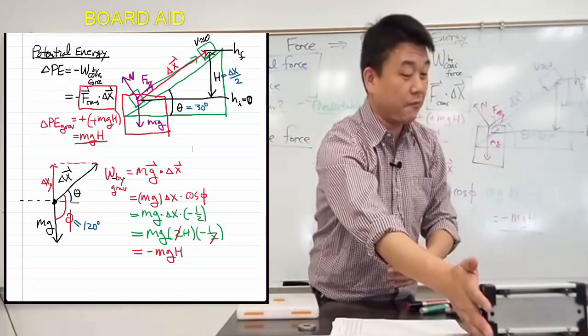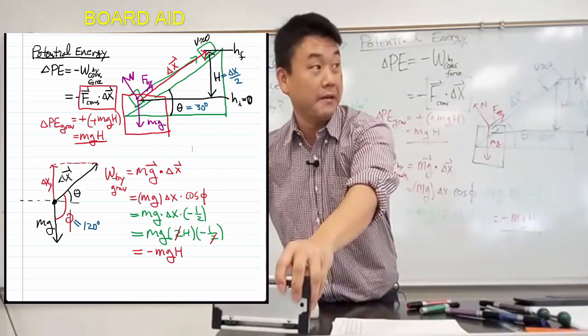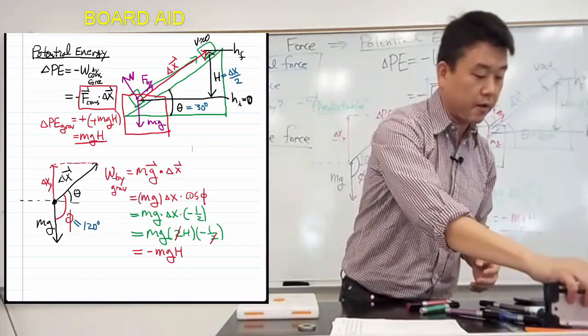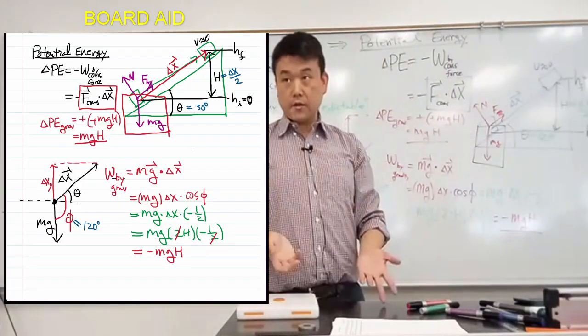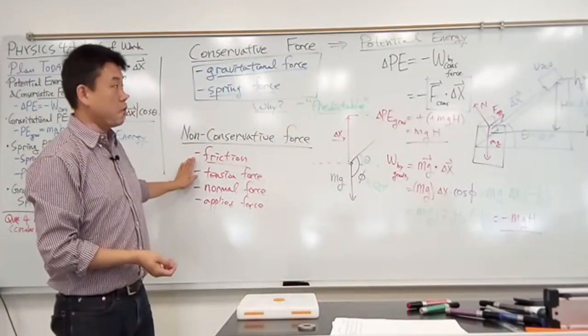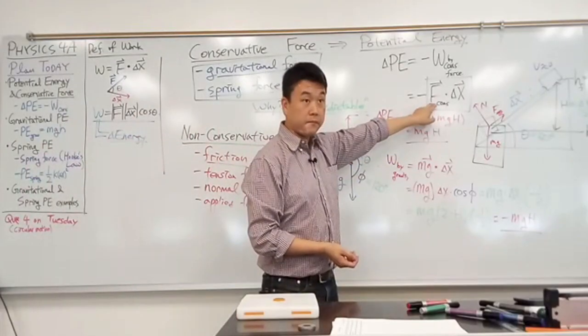I don't have the confidence that when I let go of my hand, friction will snap it back to where it came from. Friction doesn't do that. So that's the key distinction between a conservative force and a non-conservative force like friction. And so when you are dealing with a conservative force, you calculate the work done, and